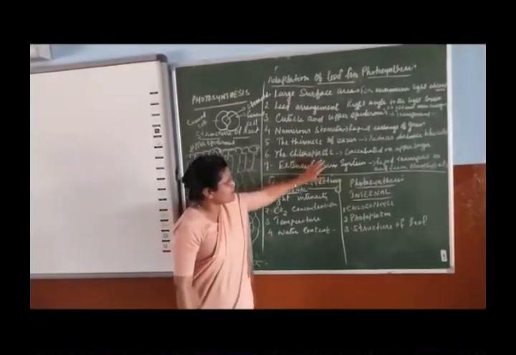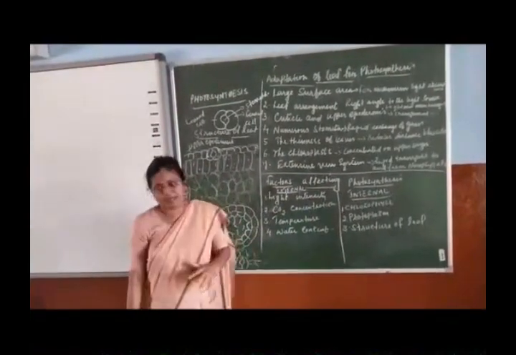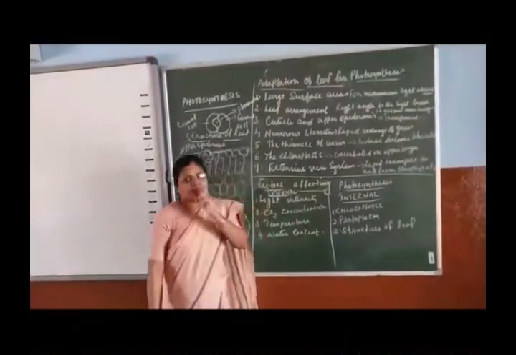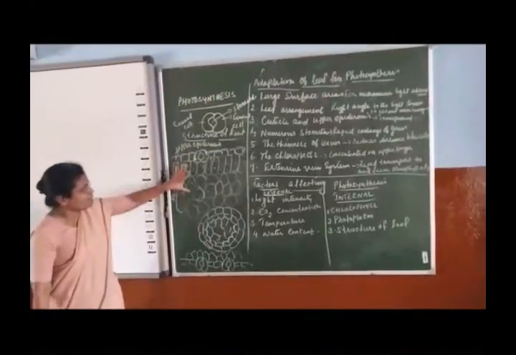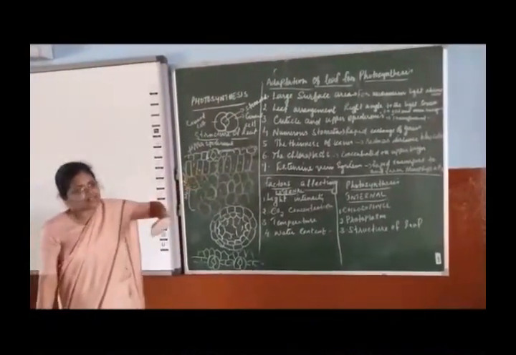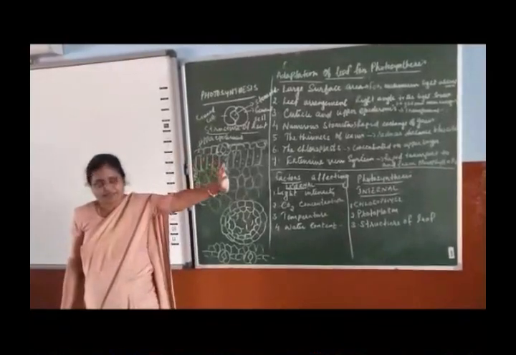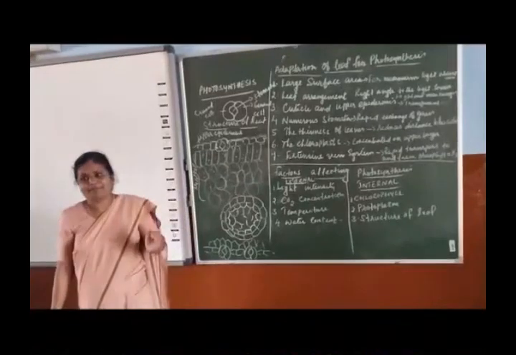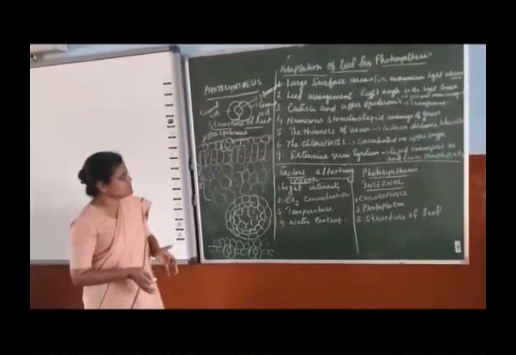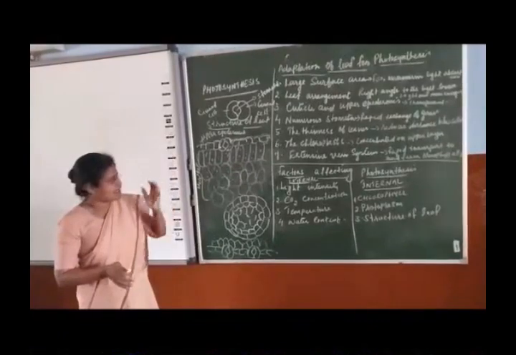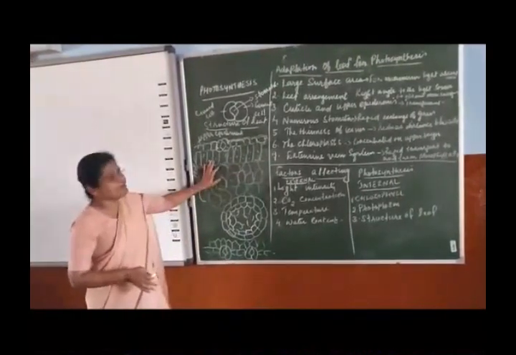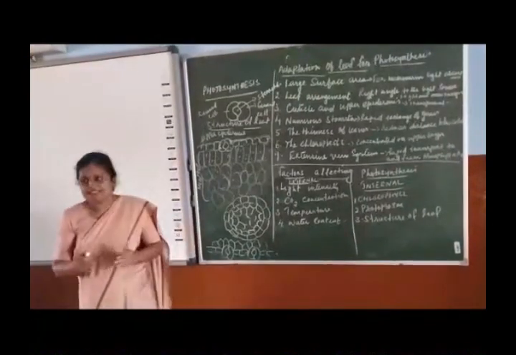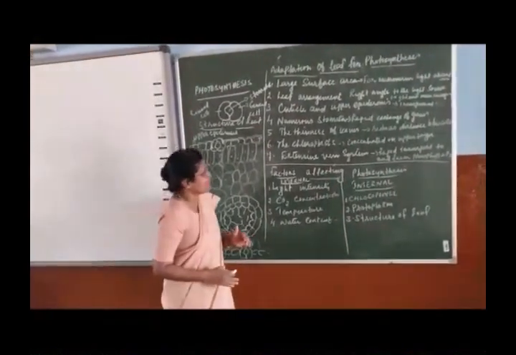Number 6, the numerous chloroplasts. The greater the number of chloroplasts, the greater is the efficiency. That is a simple thing that we can understand. And normally, the chloroplast is concentrated on the upper region of the leaf because it is directly in contact with the atmosphere and the sunlight. So automatically there is easy availability of water, atmospheric moisture, carbon dioxide as well as sunlight. So it's easy for the chloroplast especially to trap the sunlight, to get activated and initiate the process of photosynthesis.